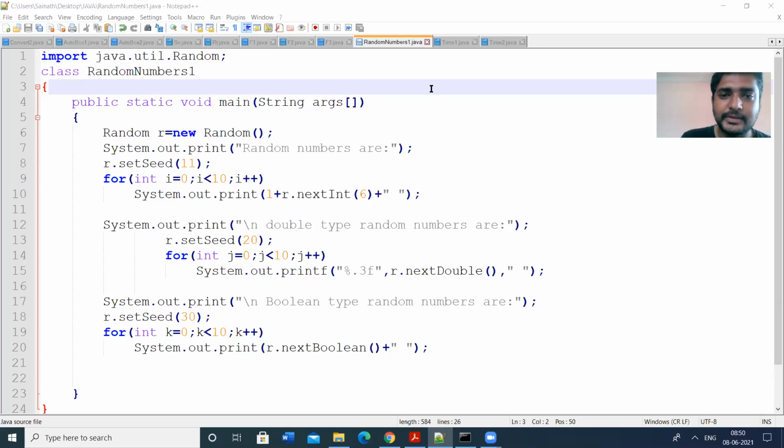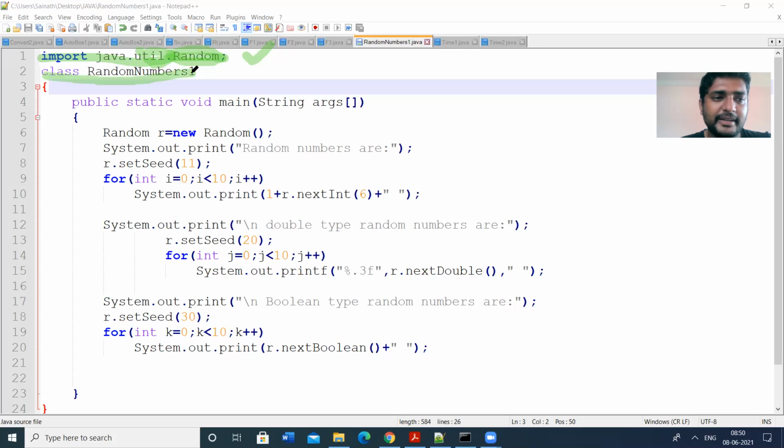First line, import java.util.Random. Random is a class name. You are using the Random class, which is a class in the package util. That's why you are importing the Random class. Or else, if you don't need, you can use the asterisk.